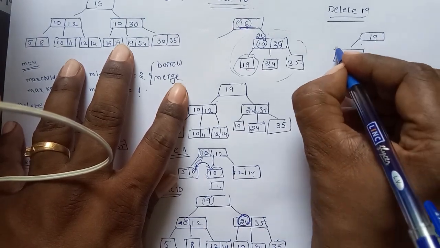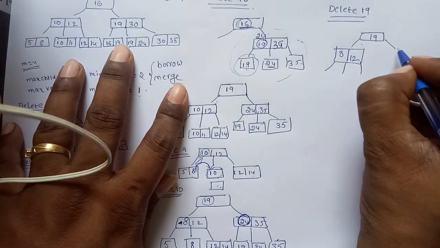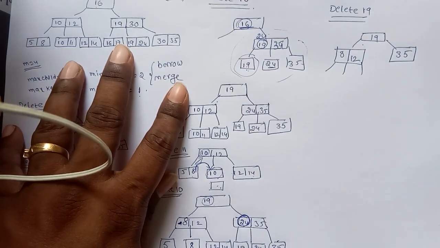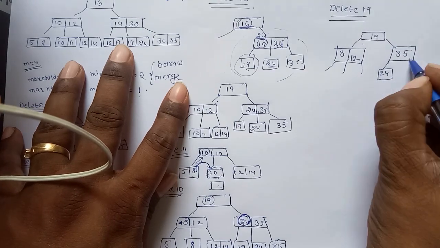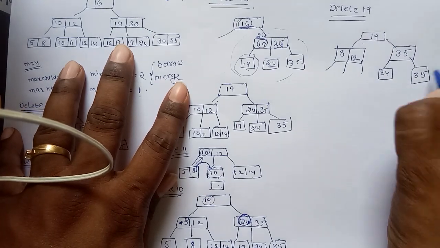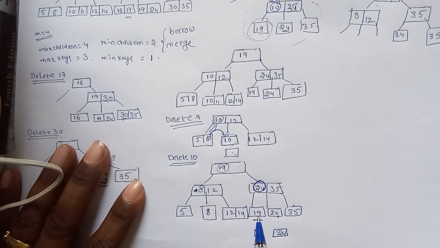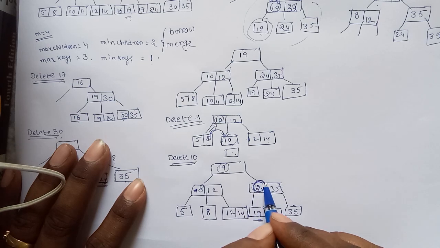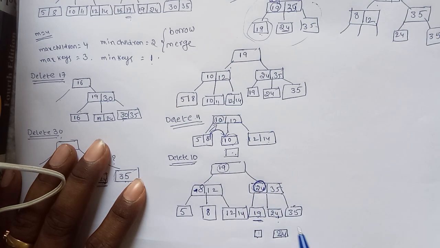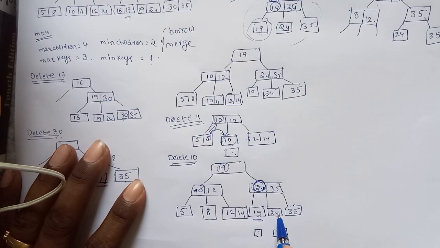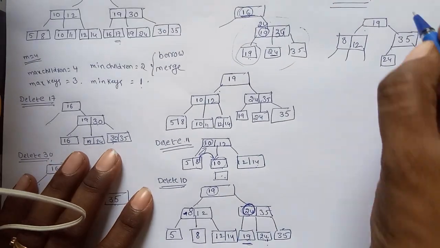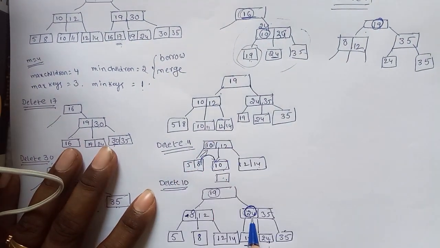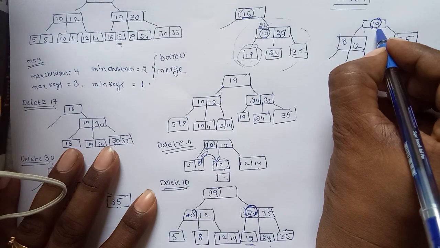19. Suppose the left side is 8 to 12, and the other contains 35. So for 35, the left side is 24 and the right side is 35. Okay, identify the point. If you want to perform a merge operation between the data nodes, we have to remove the index node between those two. Now remove the index node also. Remember, if you want to perform a deletion operation, delete the value and at the same time remove the index node.